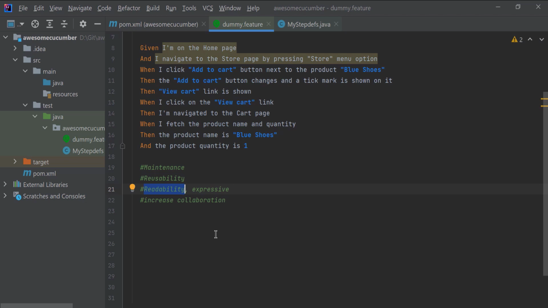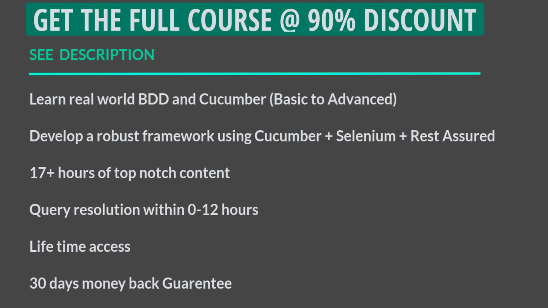I have seen that many teams do not really follow the BDD practice of a discovery workshop. They do not do any kind of collaboration, but still they use Cucumber to automate the test cases. Practically that is also fine, but in that case too, try to follow as many good practices as you can.